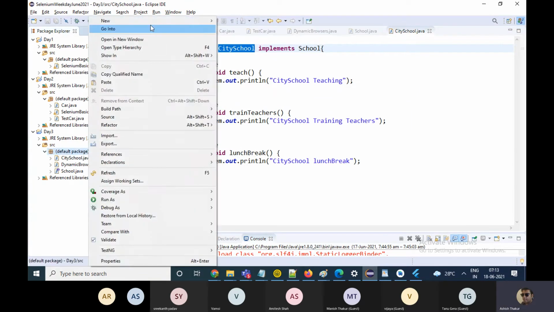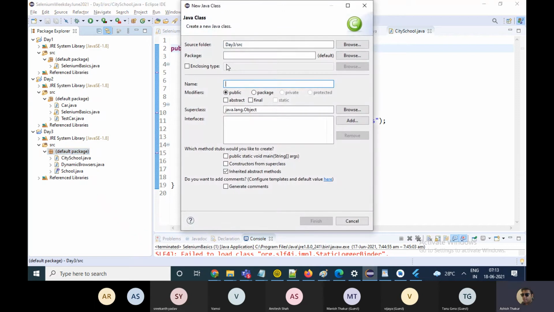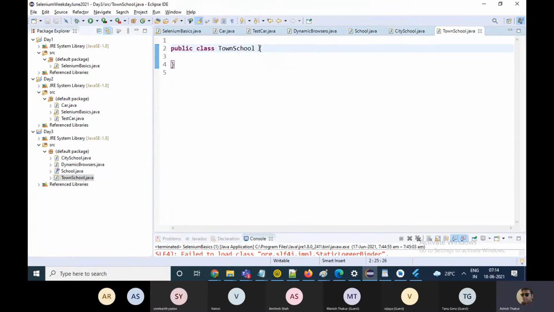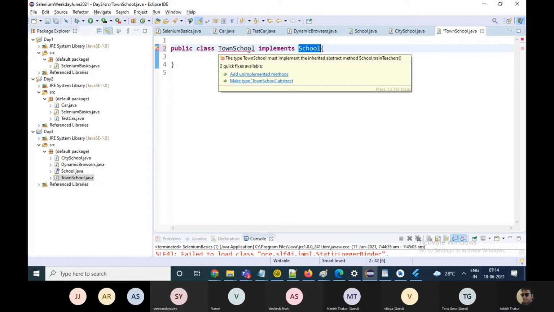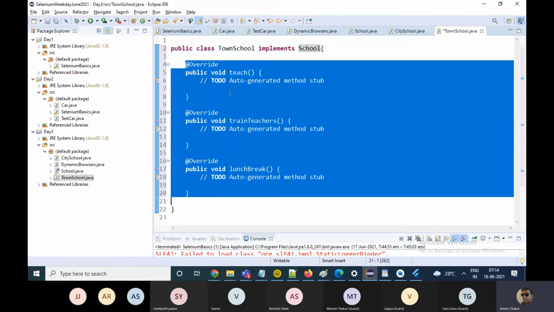Now you create another class known as say town school. This class also implements the interface school. So you have to add the unimplemented methods over here as well.